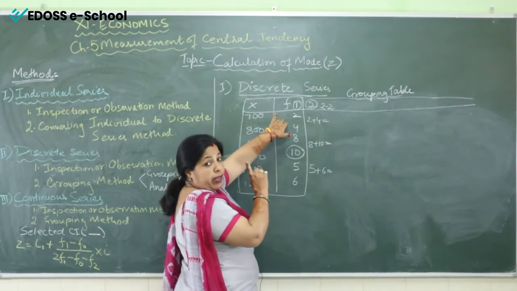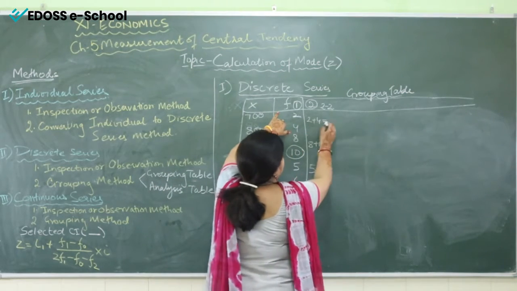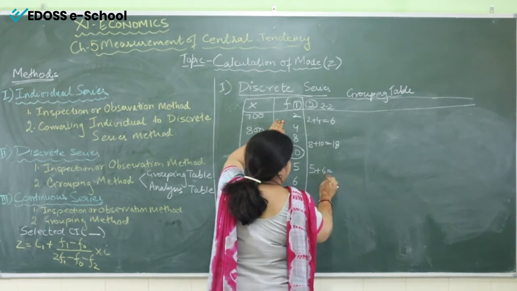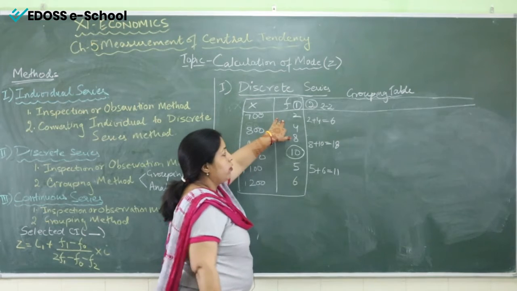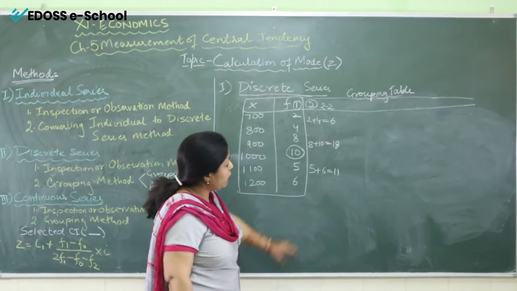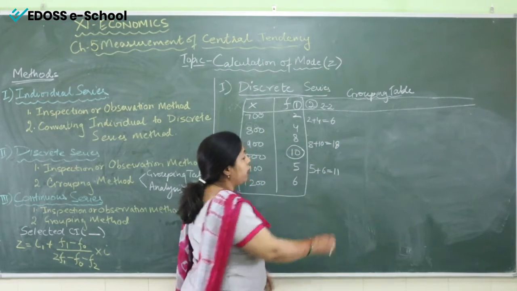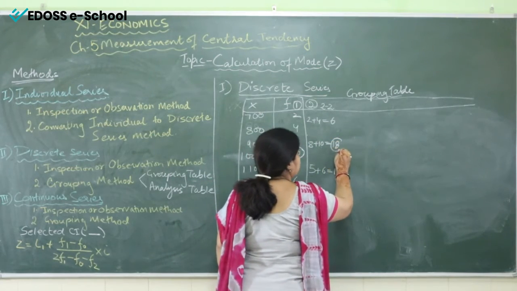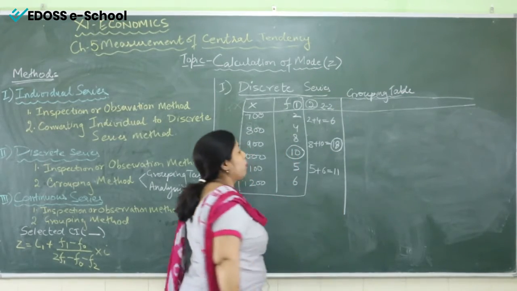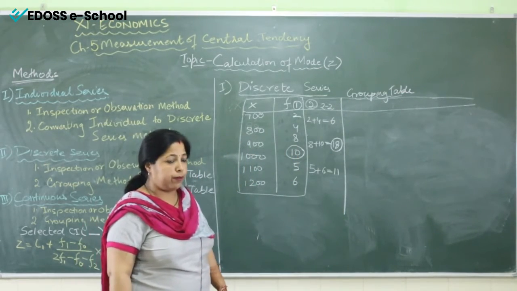Fine. So now the next step is to add them out. 4 plus 2, 6. 10 plus 8, 18. 5 plus 6, 11. We have total these groups of 2 numbers. Now which is the highest number among these? That is 18. So we will circle this 18. This is the second column, or the second group, which we have made. Fine.